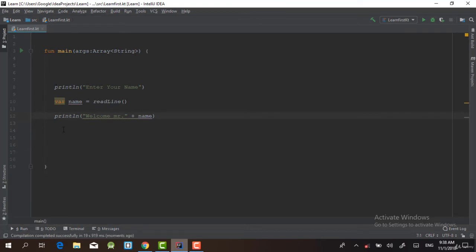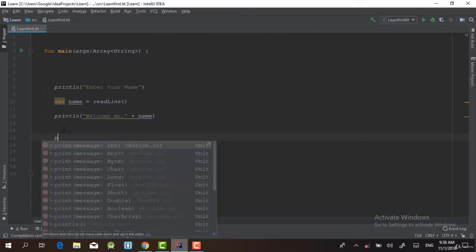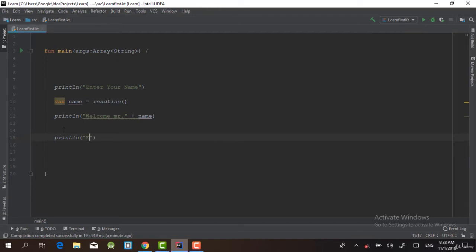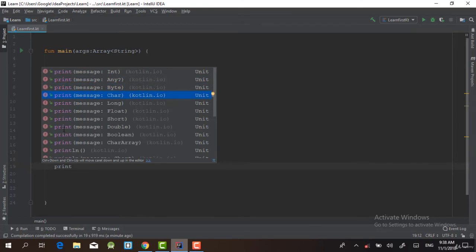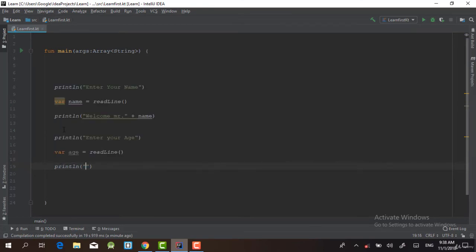Now let's go ahead and take it further and further. I'm going to print something else. We use the println method to print, for example, "enter your age". The same thing, we are going to create a var and name it age, equal to readLine. Then we are going to do the same thing here, println, and I'm going to say your age,